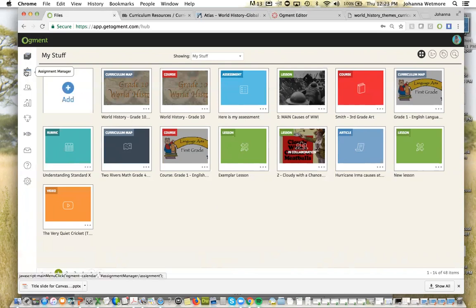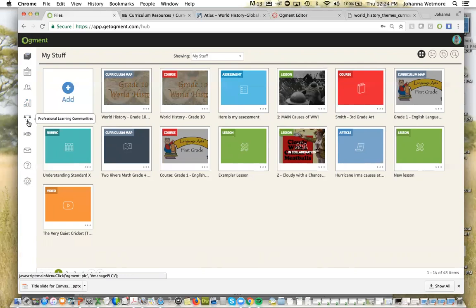Within Ogment, you have access to an assignment manager. That's where you're going to sign out the material and the items that you're actually building within Ogment. You have class management. We are fully connected with Clever and also with Canvas and Active Directory. So you don't have to worry about rostering. That we can do, obviously, on the back end provisioning style. But if you are not connected in that way, you can also do self-registration as well. So you don't have to be connected through. But this is where you would manage those classes of students. This is where you would check out your progress within the classroom, and then you have professional learning communities as